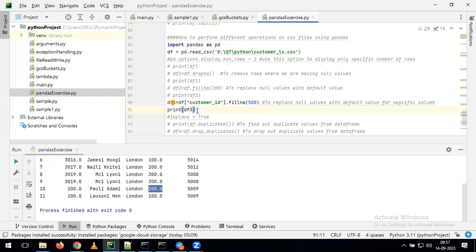Now, you tell me, if I'm going to give the print of df3, how many columns will it display? Any guesses? 11? I'm not asking the number of rows, I'm asking the number of columns. Only customer ID. It will display only one column, because